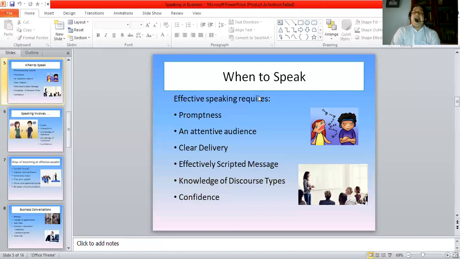And lastly, but not the least, of course, there is confidence in speaking. So you have to be a reasonably confident speaker. And wherein lies this confidence? Apart from the fact that you can use words effectively, you use the right word in the right place at the right time, and you have reasonably good knowledge about your subject, and you can speak well on the occasion as the occasion demands it. So these are certain ways of effective speaking.